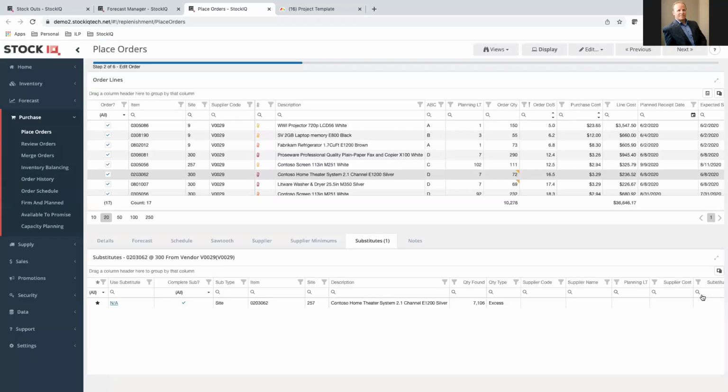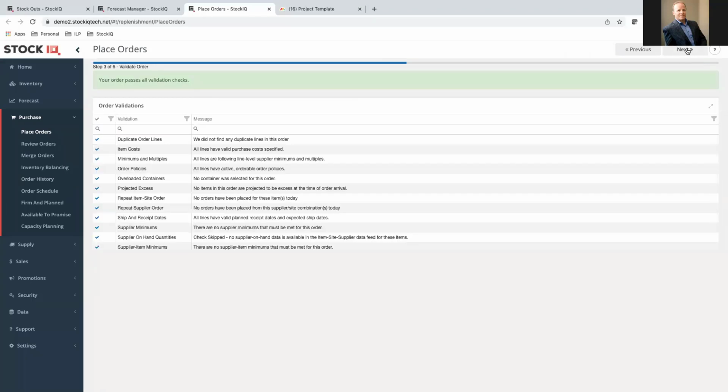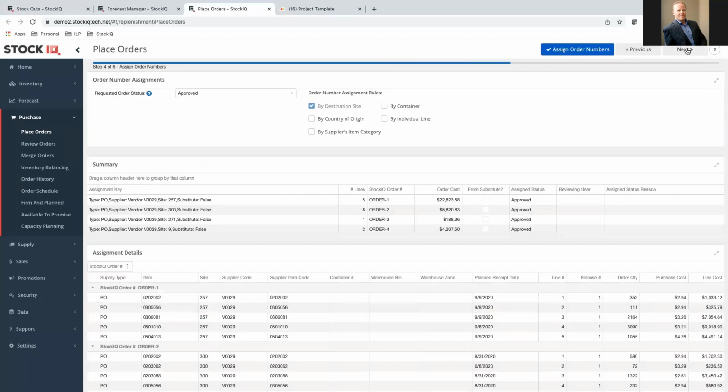Furthermore, once this has been completed, I've identified which items I want to order, which ones I don't. StockIQ will generate a replenishment suggestion that's published directly back into the ERP. We assign order numbers. Once these purchase orders are released back into the ERP, they're further maintained inside of the ERP system. So any changes to the dates or the quantities, StockIQ will bring that information back in. That information coming back in comes in the form of that updated PO, so we know exactly what's on order